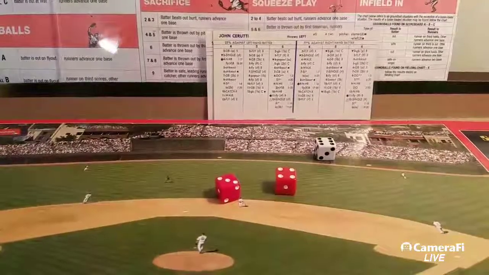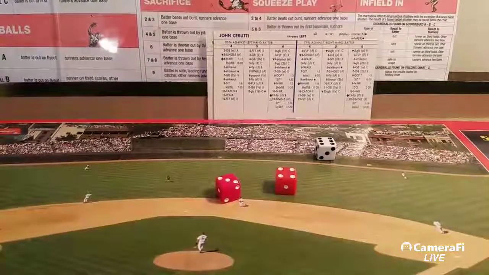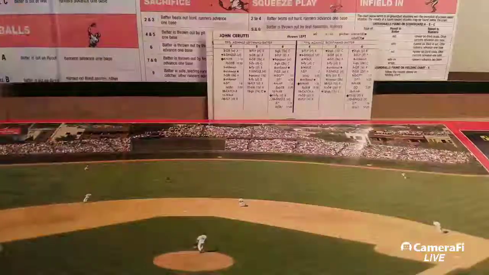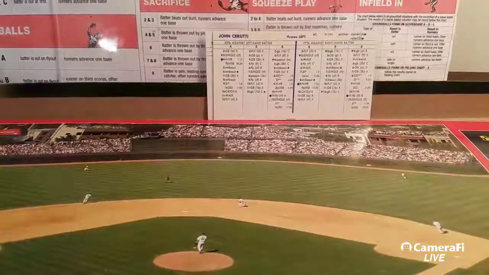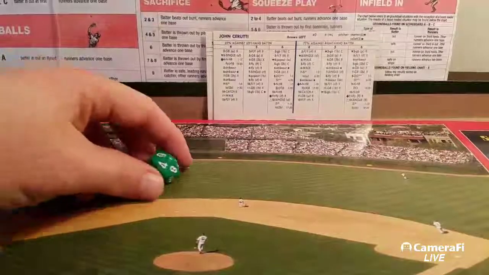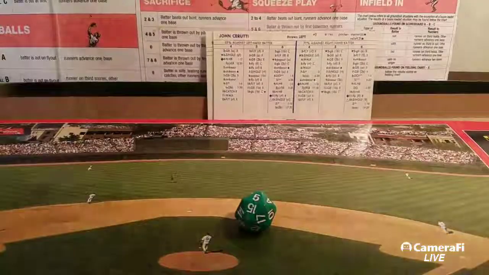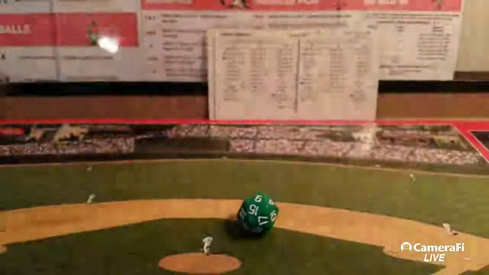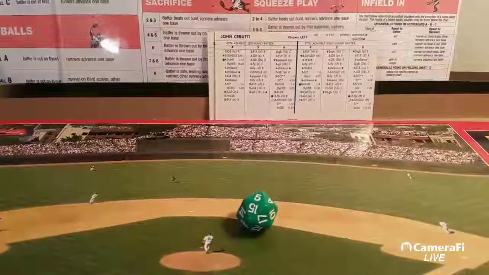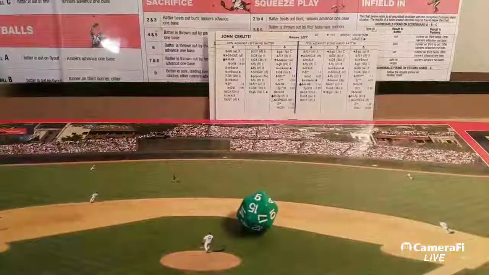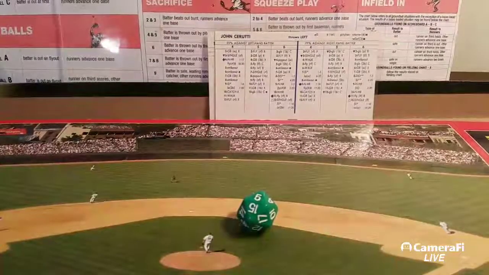Billy Buck, 6-7. 6-7 for Billy Buck is a ground ball to shortstop X. That's Tony Fernandez. He's a 1, and that's a 5. 1 and a 5, so I believe it's a good play. Verify it. 1 and a 5 is a ground ball A, and the inning is over. So we go to the 8th inning. Score still 4-1,